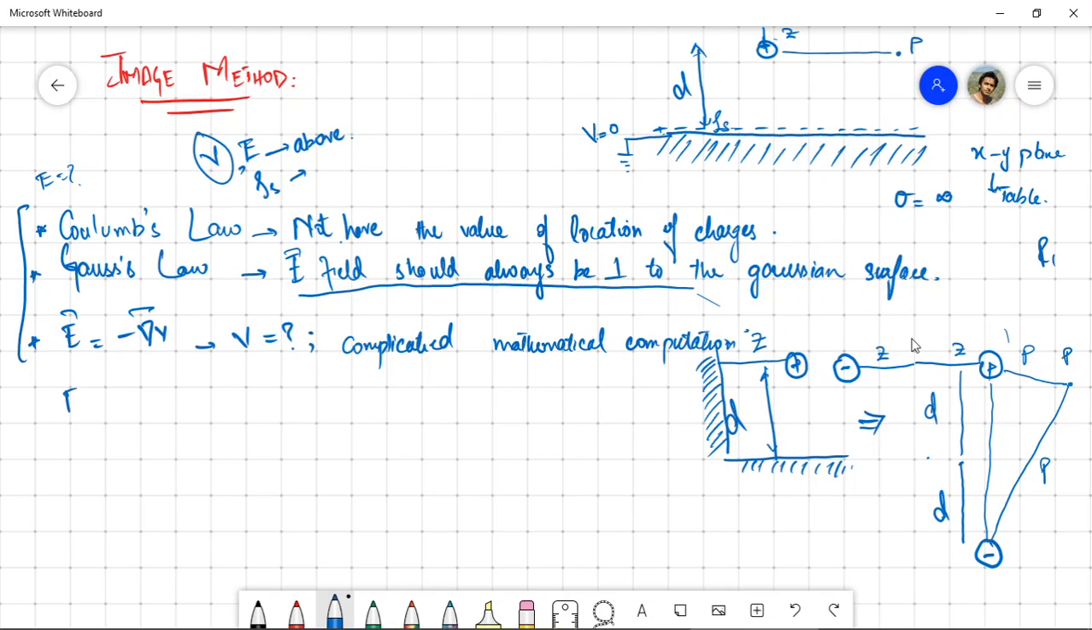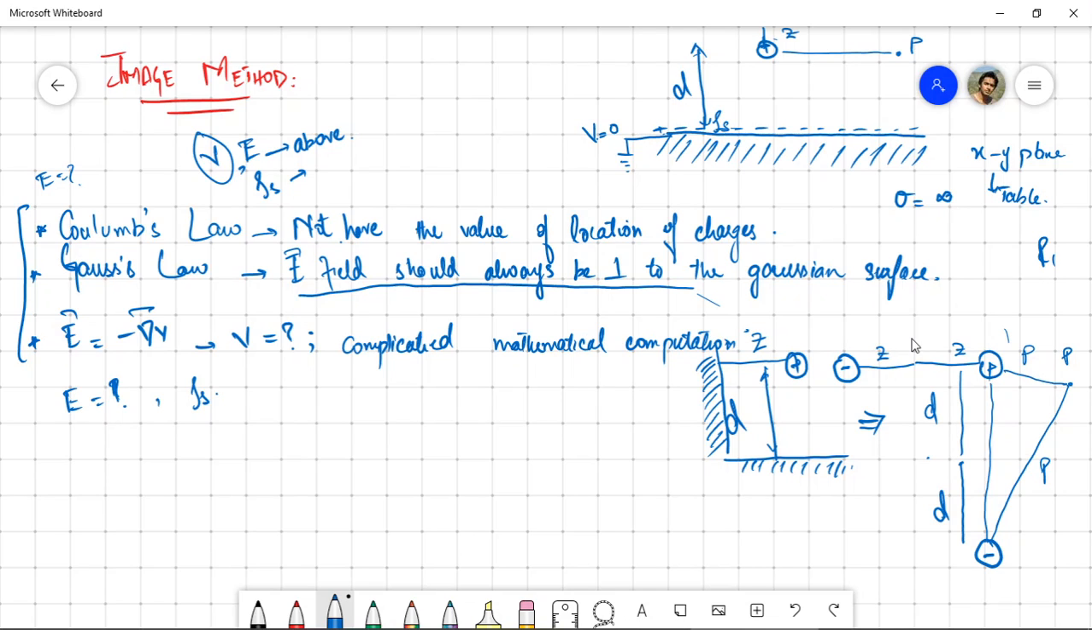If we have the value of E, just like in this example, we basically conceptualized how to find the value of E for this dipole. And when we have the value of E and we want to calculate the value of rho s, now we have the value of E by using Coulomb's law, and we want to calculate the value of rho s, and we know that